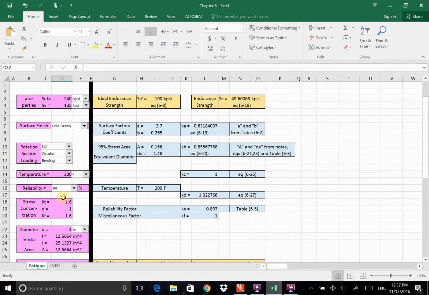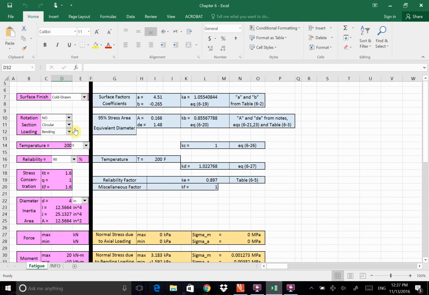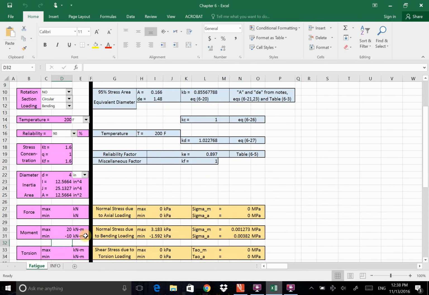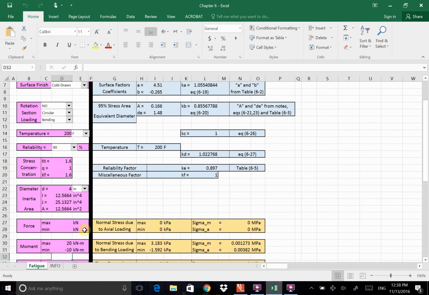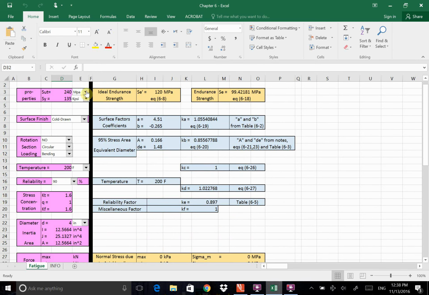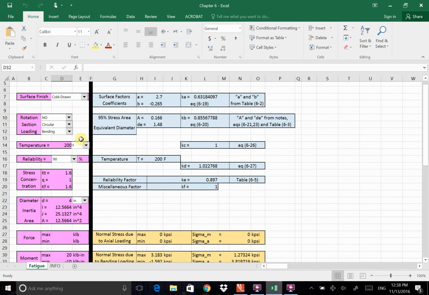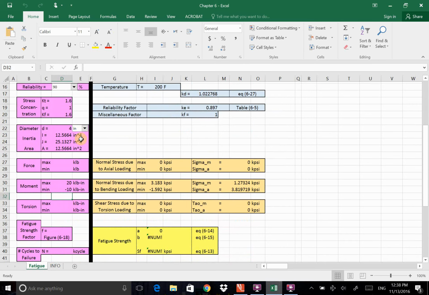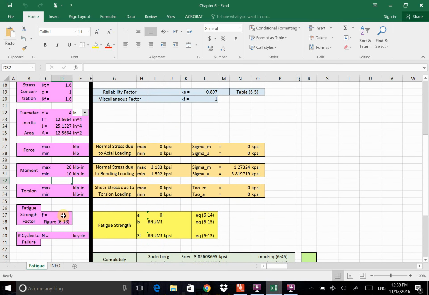Like for example, if that one was given to us in megapascal, this one, you see the unit is changed to kilonewtons times meter. So for example, if it was given to me in newtons per meter times meter, I had to multiply by 10 to the power of -3. Okay, just said that we need to be careful about the units that we are using. So kilopounds times inch, and fatigue